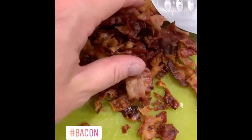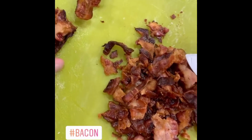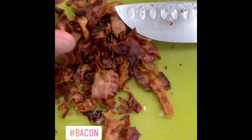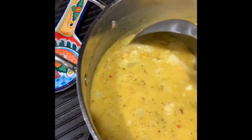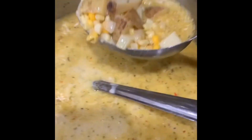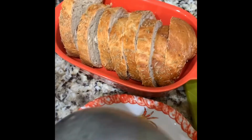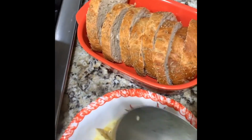All right, I lightly chopped this beautiful Coleman bacon. And I'm leaving some bigger chunks just to put on the top. All right, so it's looking good. Very thick, very hearty, lots of potatoes, lots of corn in there. Serving it with some fresh rosemary bread and getting a little more scoop in there. And to top it all off, everyone's friend,